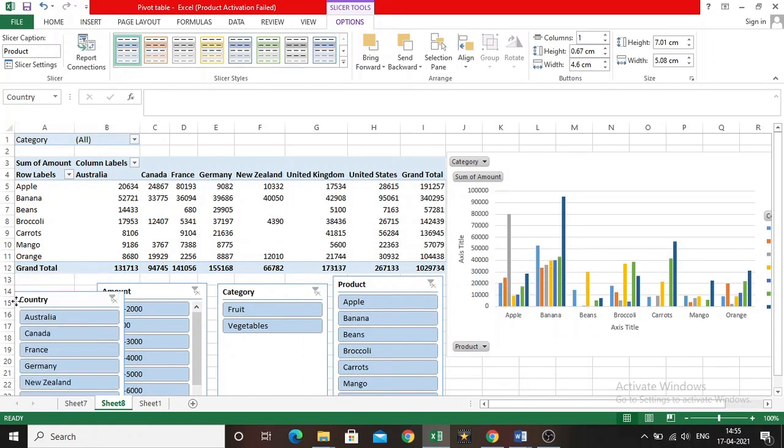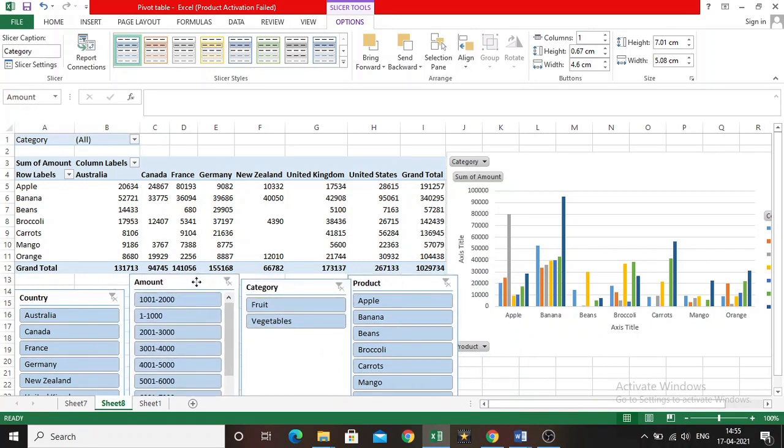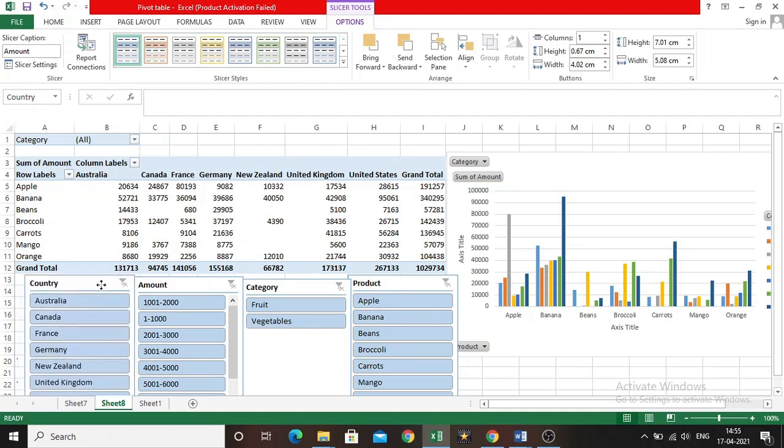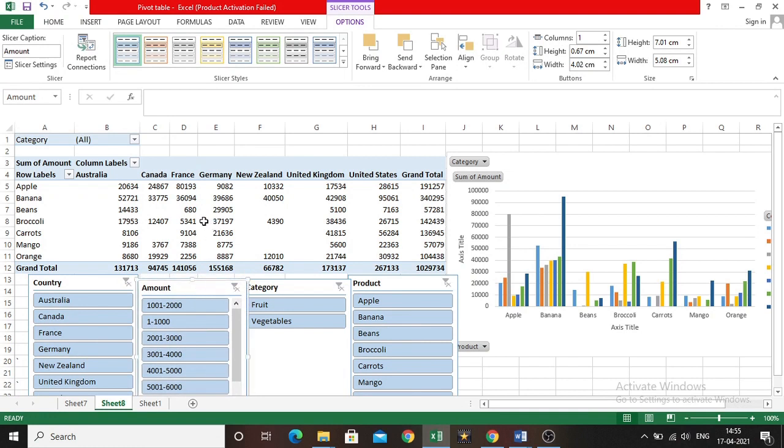Now whenever you are selecting any particular field in these four slicers, accordingly the pivot table will change and the pivot chart will also change. For example, I want to see country-wise data analysis. It is given right now, but I don't want to see all the countries together.